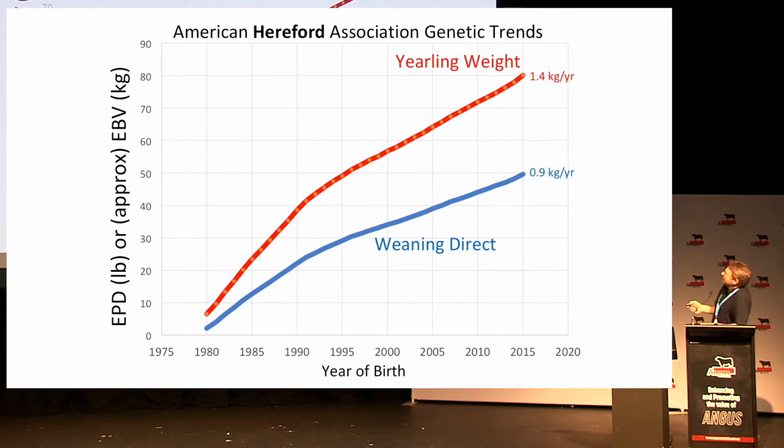So a really good idea at an Angus meeting is to talk to you about Hereford. Hereford is one of the nice examples for demonstrating what I mean by looking in the rear vision mirror. Here we have year of birth from 1975 to 2020. This is American Hereford Association data, so it was in EPDs in pounds, which is virtually the same as EBV